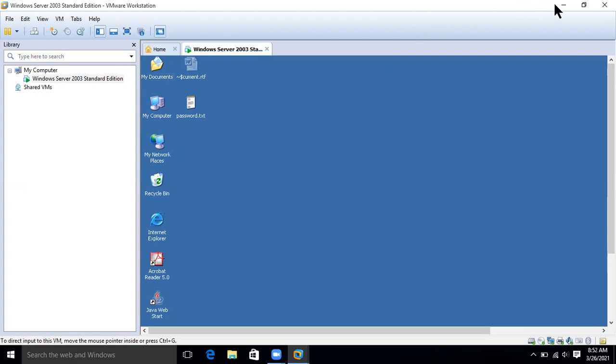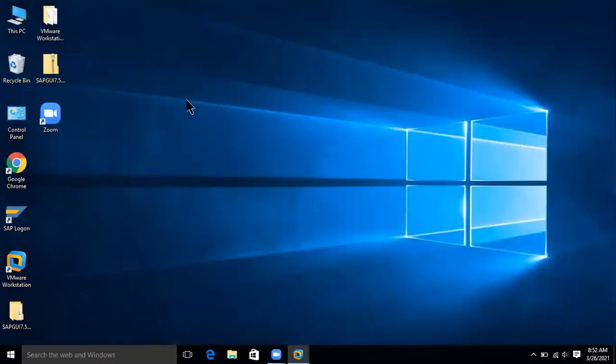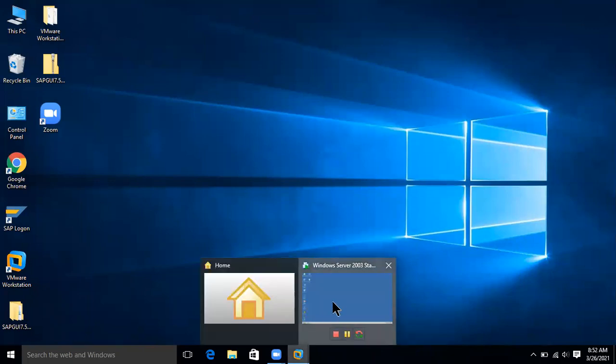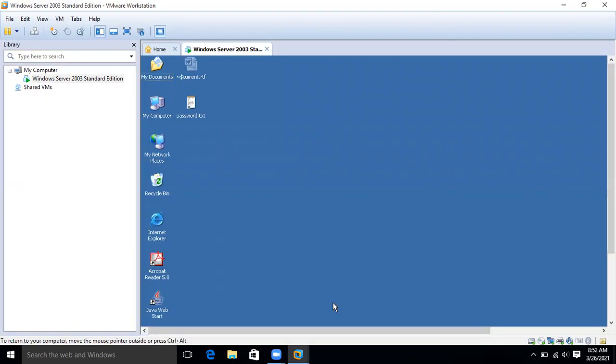If you minimize this, it is your main Windows. If you click on the VMware icon and this server window, you get this other subsystem here, that is your virtual machine. So you are still working on the main Windows.